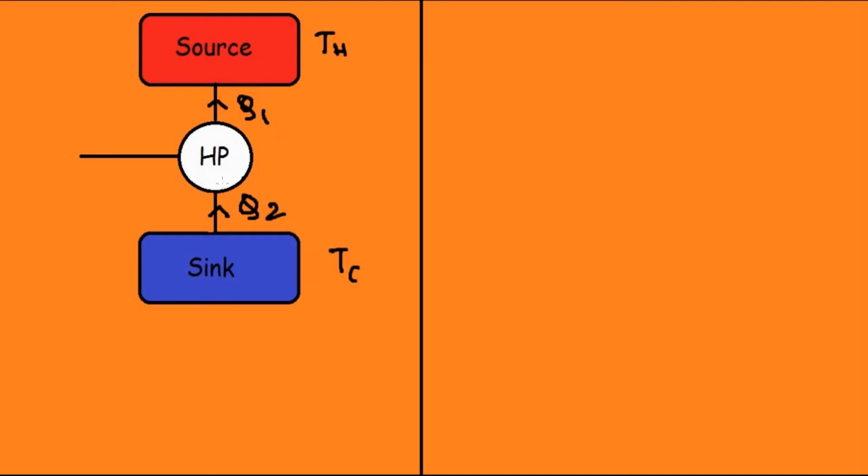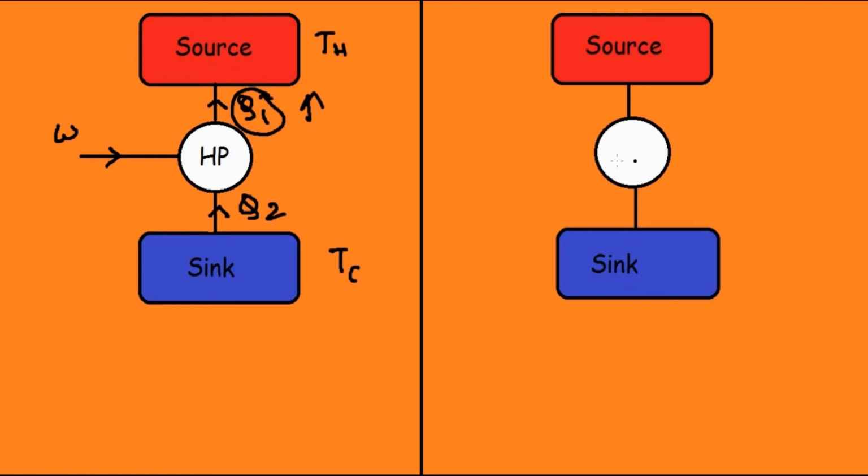And in order for this process to take place, some work needs to be done on the heat pump, which is denoted by W. So for the heat pump, the desired effect is to increase this Q1 as much as possible. We want this Q1 to be as high as possible. And for the refrigerator, let me denote it with R, having the same properties as the heat pump, that is TH and TC. The temperature of the sink will be TC and the temperature of the source is TH.